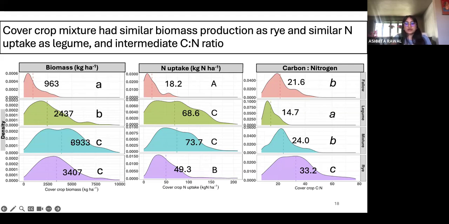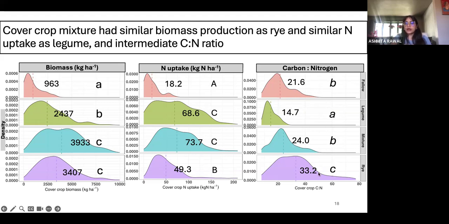So what we found was mixture and rye had highest biomass and legume had lowest compared to the other two. And legume and mixture had highest nitrogen uptake in their biomass, which they were not different from each other, but rye had lowest nitrogen uptake in their biomass as compared to legume and mixture. In case of carbon to nitrogen ratio, legume had lowest, rye had highest, and mixture was an intermediate between legume